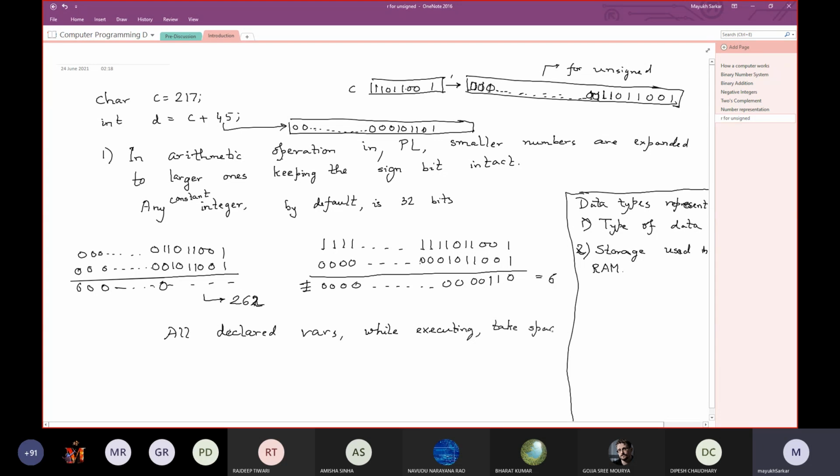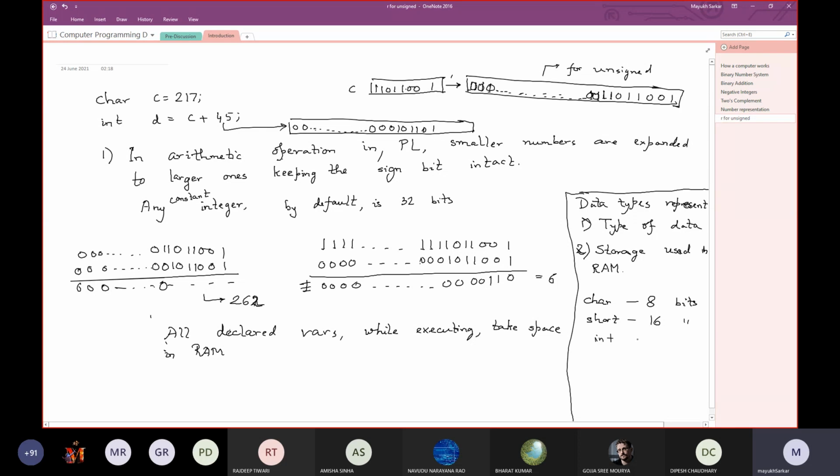If you can remember from our first class's discussion, your program is in hard disk, but when you are executing, that program comes from hard disk to RAM, and in the RAM these declared variables take some space. How much space that is going to take depends upon the data type. Now the char, these names have been created by the programming language designers. Char takes 8 bits, so if you want to confine some variable to stay within 8 bits only, use the data type as char. Short is for 16 bits,